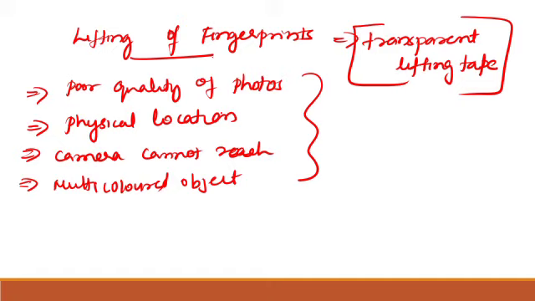This transparent lifting tape will be on a dark background, or you can say a plastic background. If the fingerprint is there, you can fix this exactly on that fingerprint. It is big enough to cover all the fingerprint, whether it is a whole finger, or chance prints, or a rolled impression, or a thumb impression, anything. It is enough for taking the fingerprint. This is a piece of tape large enough to cover the print, and it is fixed on a plastic background, as I said.